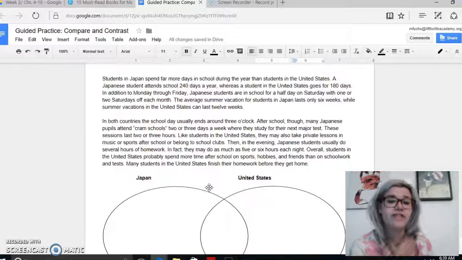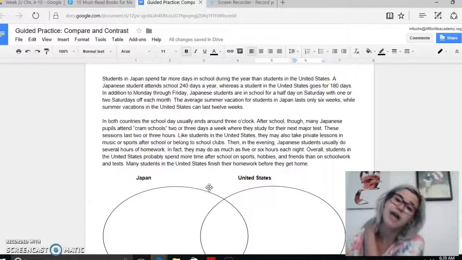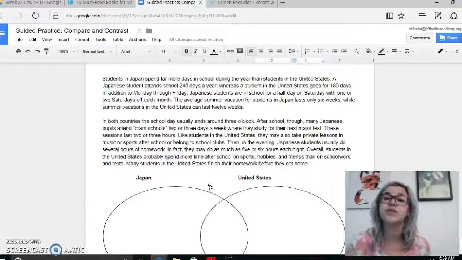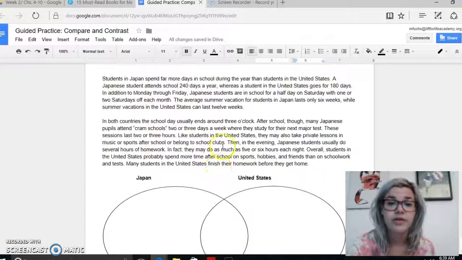Overall, students in the United States probably spend more time after school on sports, hobbies, and friends than on schoolwork and tests. Many students in the United States finish their homework before they get home. So,